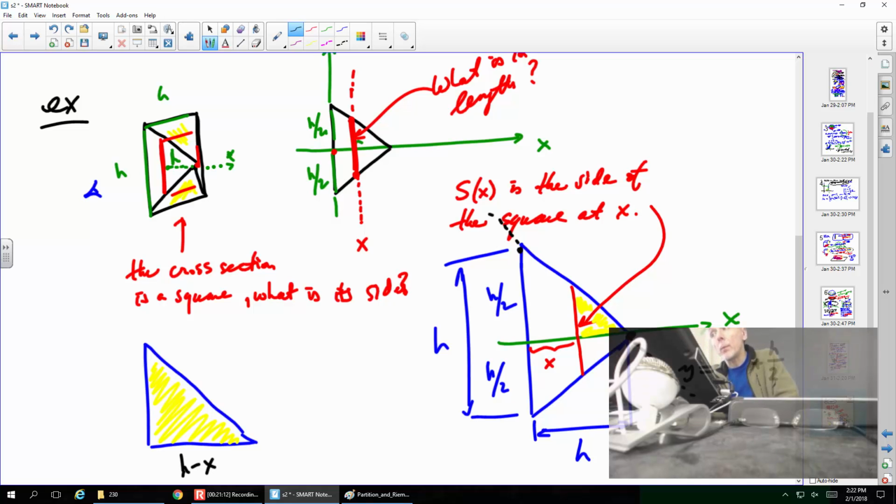So at that point, forget about the red one, just look at the graph. Well, you can see it here, right? It passes through, this one is h, and this one is h over 2. So the slope is... h over 2, h. What's the slope? It's proportional, slightly. h over 2, h, slope is